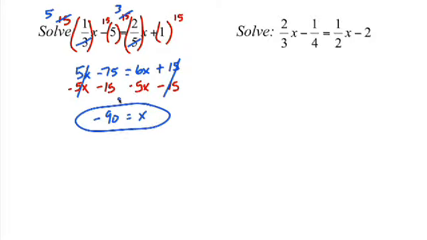Now, in our next one, you'll see that we have 3 denominators, and this time, a little bit more thought. But what is the common denominator, Bill, between 3, 4, and 2? Well, I usually look at the largest number, 4, and I try to figure out what's the first multiple of 4 that 2 and 3 also divide into. 4 times 2 is 8. That's no good because 3 doesn't divide into 8. But 4 times 3 is 12. And 3 goes into 12, 4 goes into 12, and 2 goes into 12. So that's the easiest number to use to solve this equation.